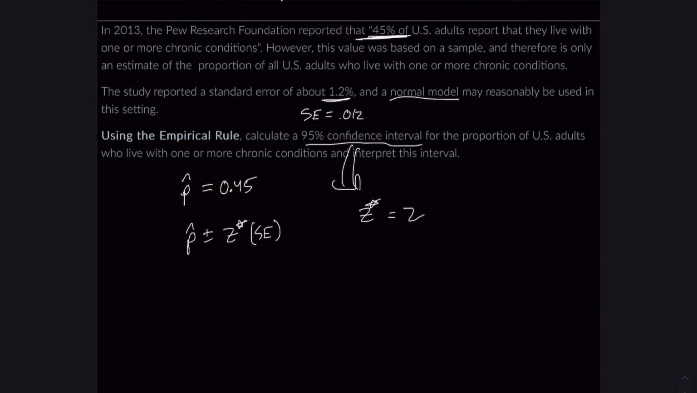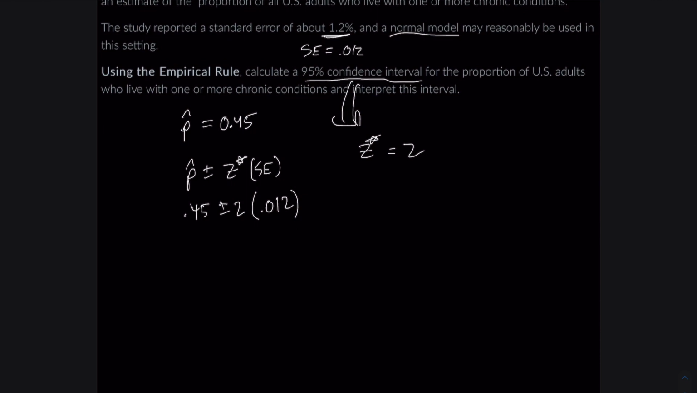Right? Because 95% falls within 2 standard deviations away from the middle. So that tells us z star equals 2. And then all we're left to do here is say 0.45 plus or minus 2 times 0.012. And this gives us a confidence interval of